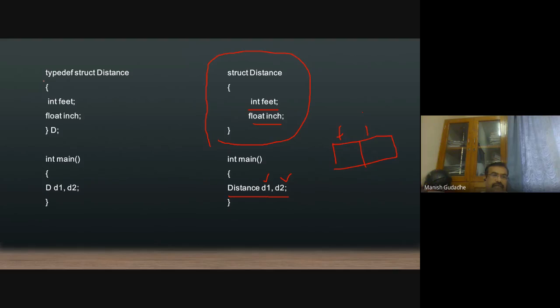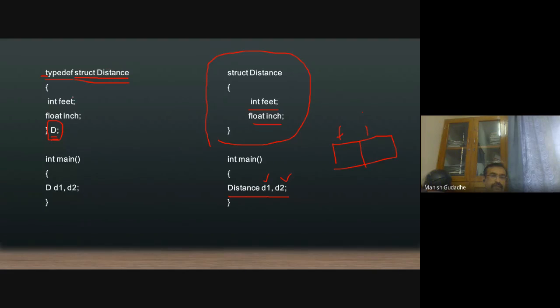We have a feature in C called typedef, defining a type. So typedef struct distance as d. Here this d is not a variable. Remember, typedef means we are just giving an acronym to the data type which we are defining.